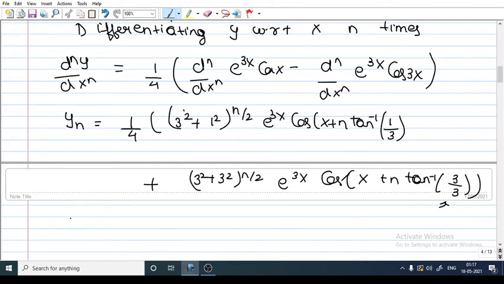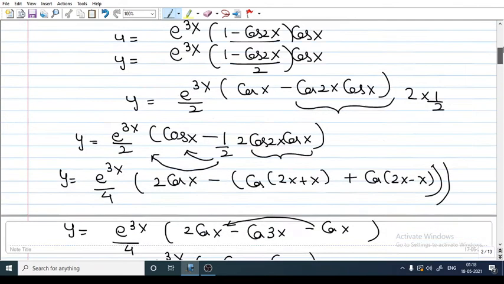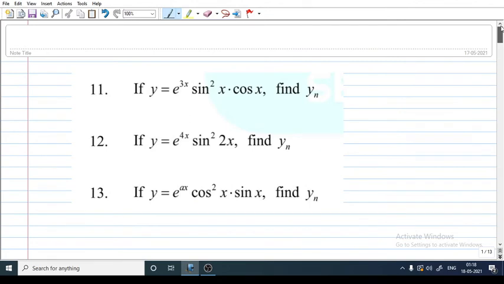Okay, you can simplify after this, so you will get the nth derivative after simplifying. So our job was to get you here. After this, it is very simple. So I hope you have understood the first question which we just explained here. Okay, now let's move on to the next question.